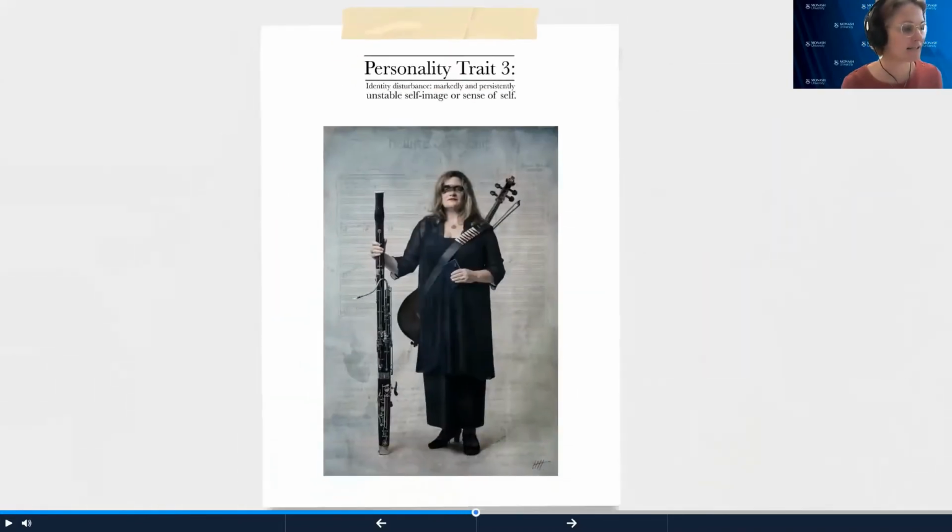So there's just one more activity that I'll show you, because I'm a big fan of visual thinking strategies, and it's starting to take off and be used a lot more in education, which is great. But really, it came from art galleries. So it's just about fostering aesthetic development, reflective observation, and empathy. And we do that through teaching learners about careful and collaborative looking. So they do this in small groups. So in order to represent personality trait 3, which is the identity disturbance and marked and persistently unstable self-image or sense of self, we get the learners to